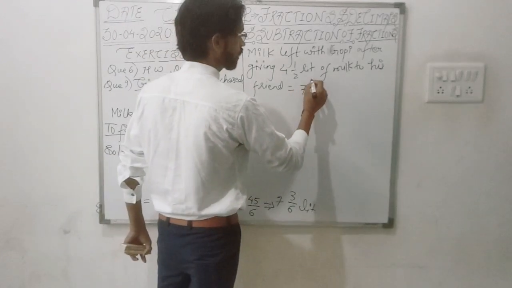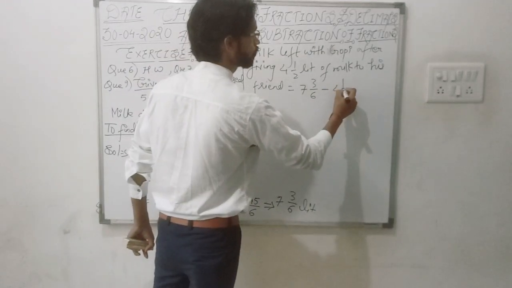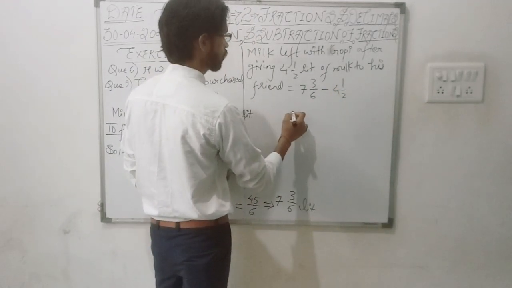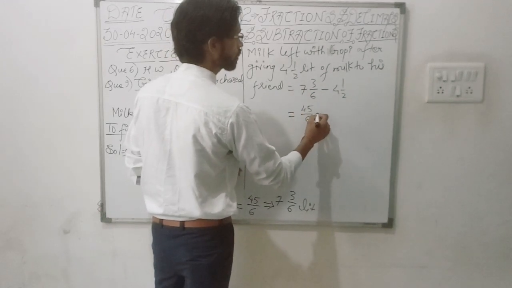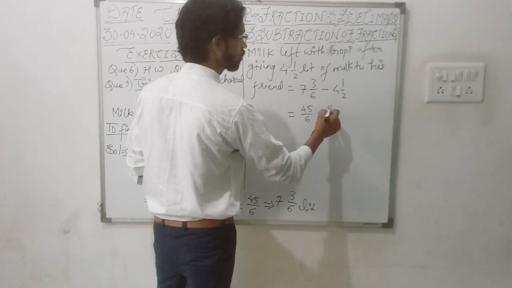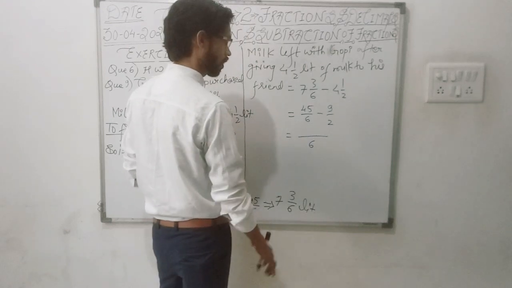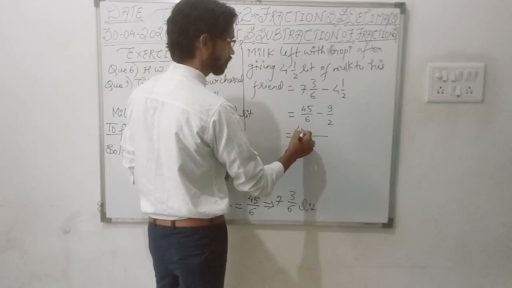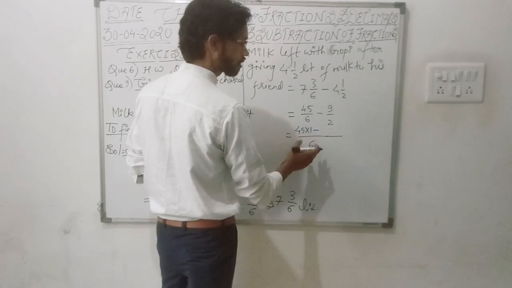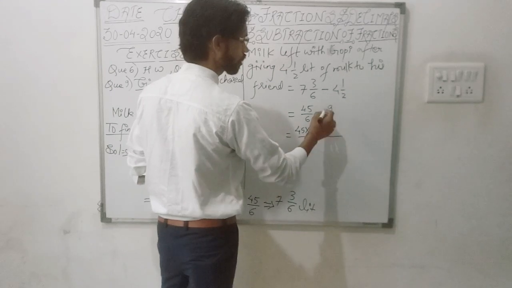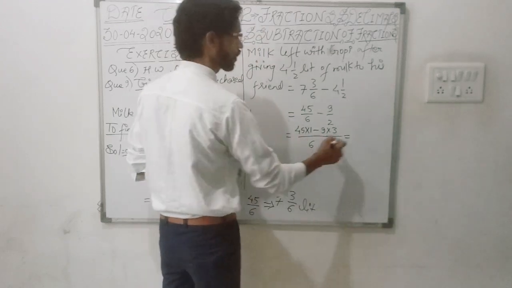That is equal to 7 and 3 by 6 minus 4 and 1 by 2. This we will subtract. What we will get? 7 sixes are 42 plus 3, 45 by 6, minus 4 twos are 8 plus 1, 9 by 2. LCM again will be 6. Got it? 6 ones are 6. This will be 45 into 1, minus, 2 threes are 6, so 3 came. So 3 will be multiplied in the numerator. What will it become? It will become 45